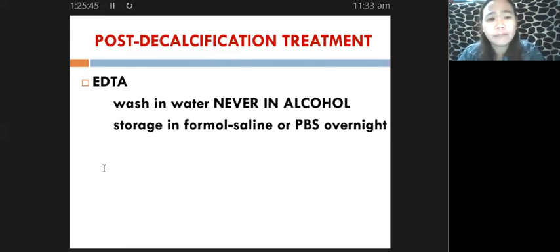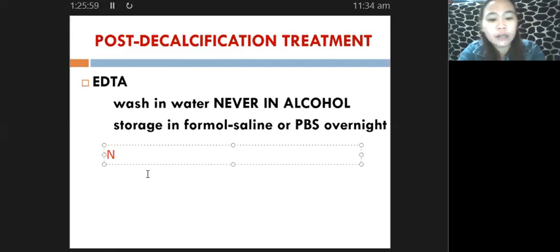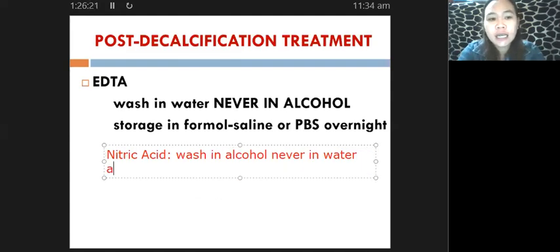Actually, this is contrary to your acids, especially if you are utilizing nitric acid formulations. So the rule for our acids, in particular our nitric acid solutions, what is the rule for nitric acid solutions? Wash in alcohol, never in water. Why? Because